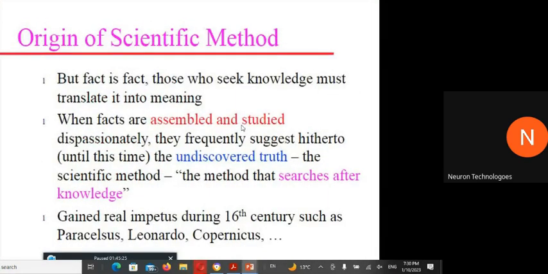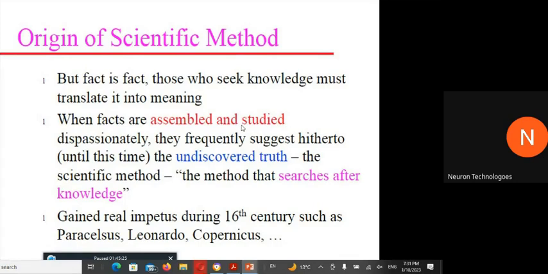origin of the scientific method. So we know very well that in this world now everyone is basically comparing and trying to relate one thing to another, that this one is good and this one is bad. This vehicle is good, this man is, this person's intellectual level is very high, while on the other hand the second person is not good or something like that. So the scientific method is there